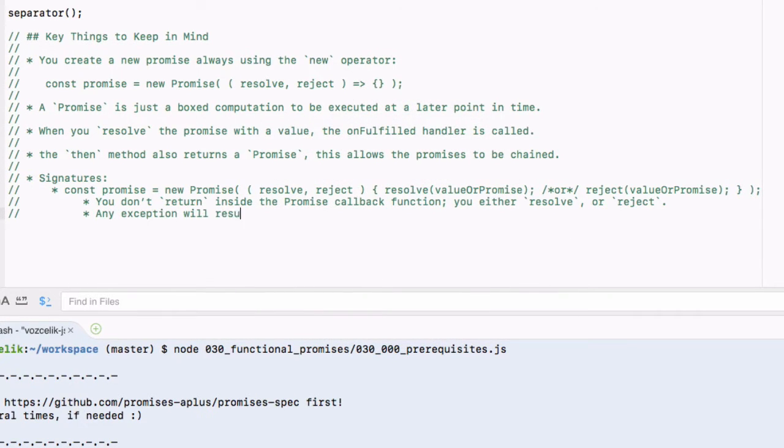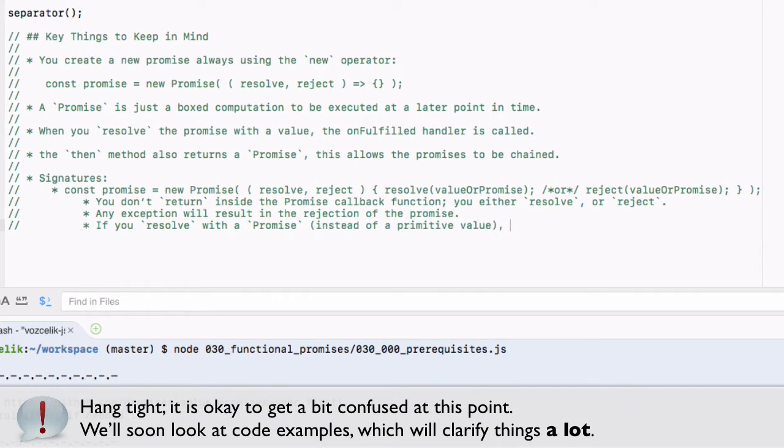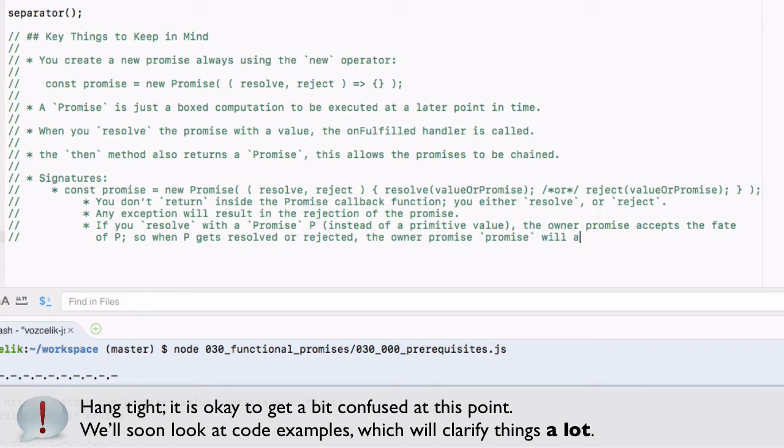Any exception when computing the promise will result in the rejection of the promise, and if you resolve the promise with another promise, the promise will accept the fate of this inner promise. So when the second promise, which is the inner promise, is fulfilled, the outer promise will also be fulfilled with the fate of the inner promise. And when the inner promise gets rejected, the outer promise will be rejected by the rejection reason of the inner